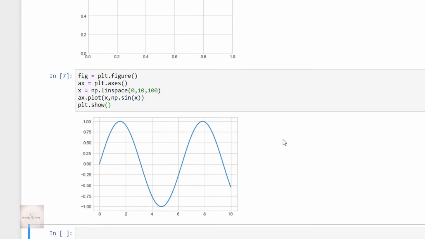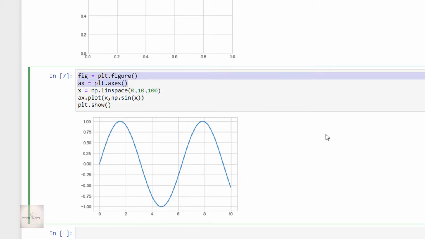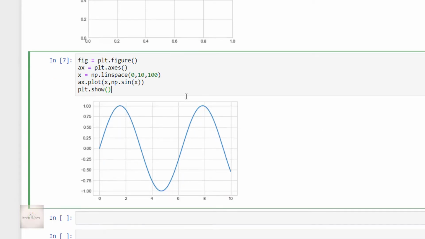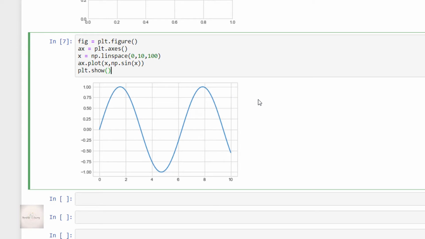Now, if you observe the code, here I have created a figure as well as this axis manually. Do you agree with me? Yes, we have created this figure and this axis manually. But we have got a function called plt.plot function, which actually creates the figure and axis for us in the background. So collectively, I can say instead of creating this figure and axis manually every time when there is something to plot, we can just use this plt.plot function.